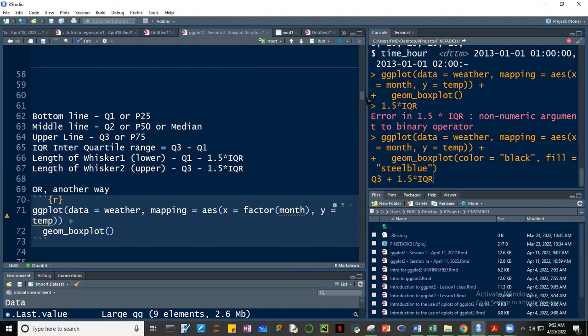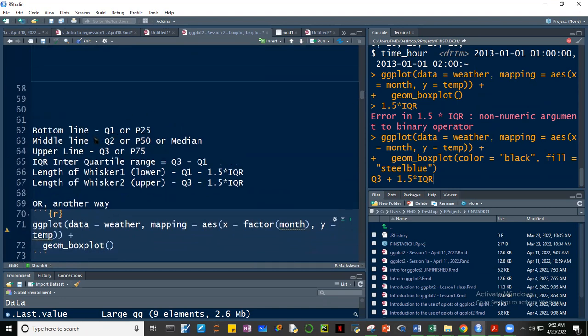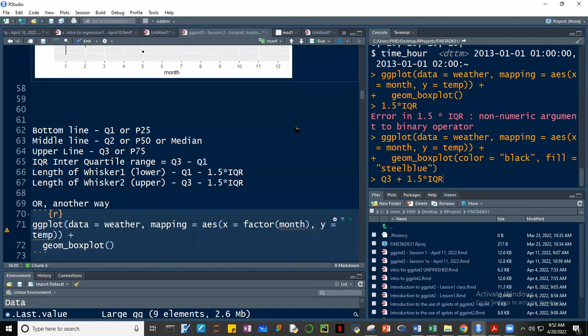So while it's running, guys, we know the bottom line is quartile 1. This is just a very quick review of your basic stat. Then the middle line is your quartile 2, or the 50th percentile, or the median. So these, guys, are our formulas. The length of whisker 2, the upper one, is